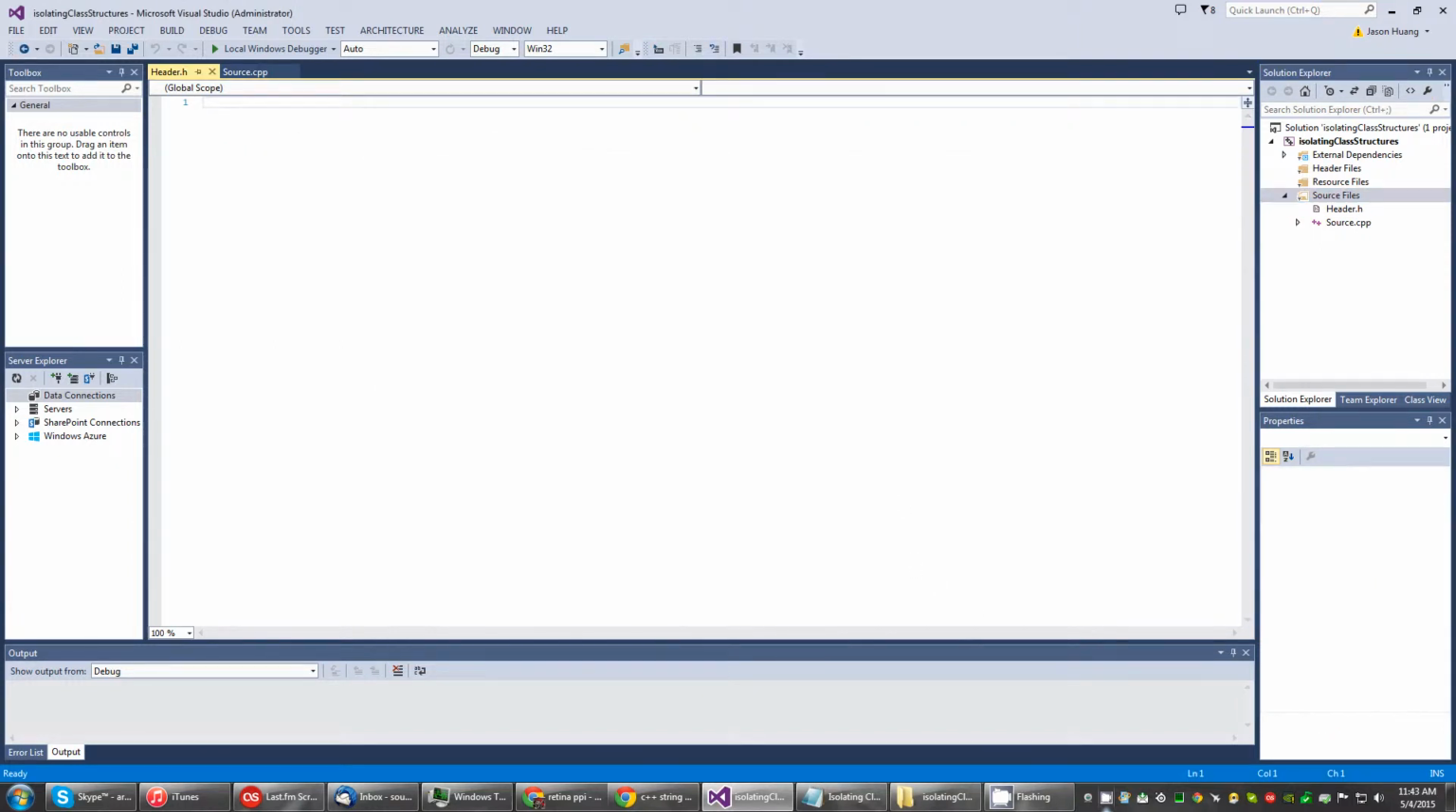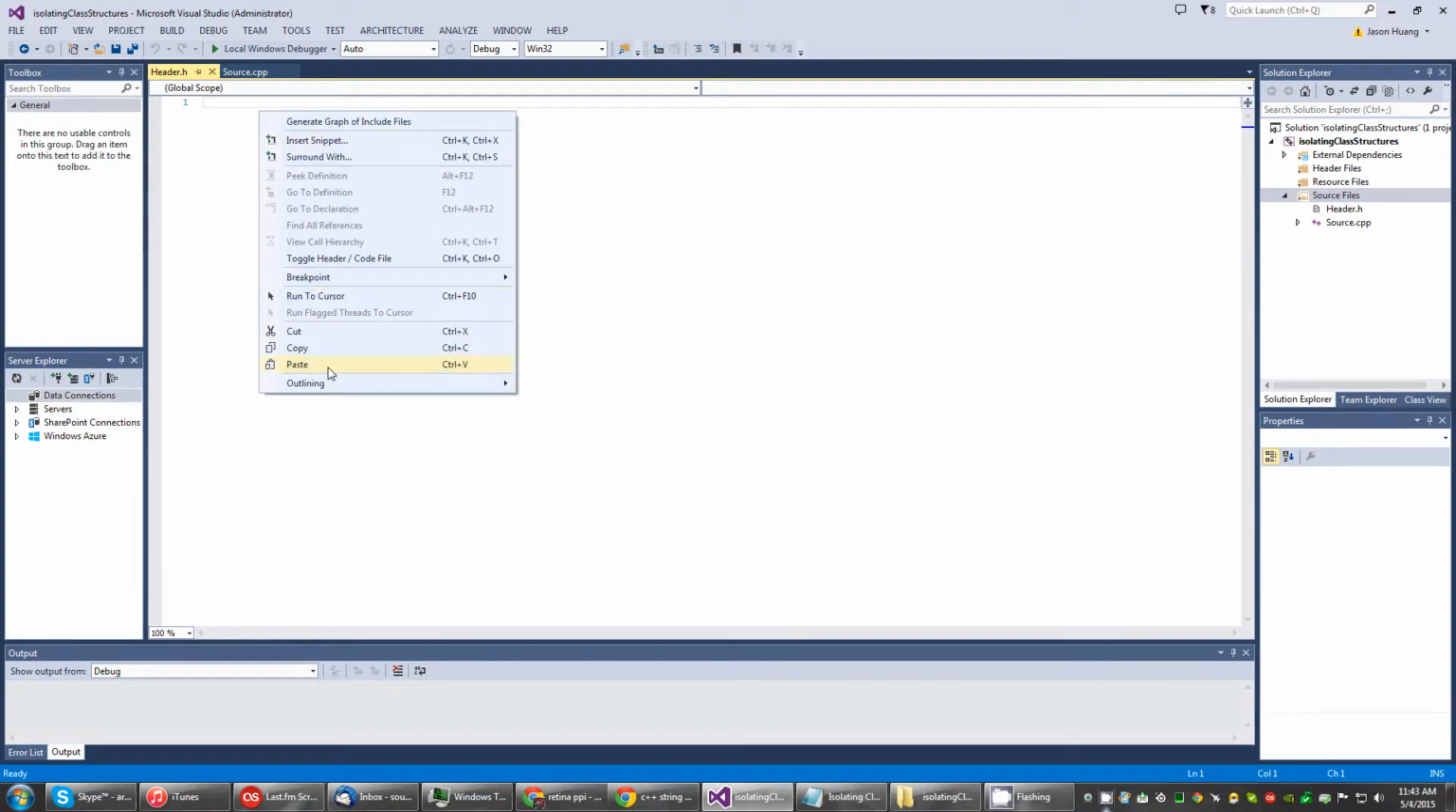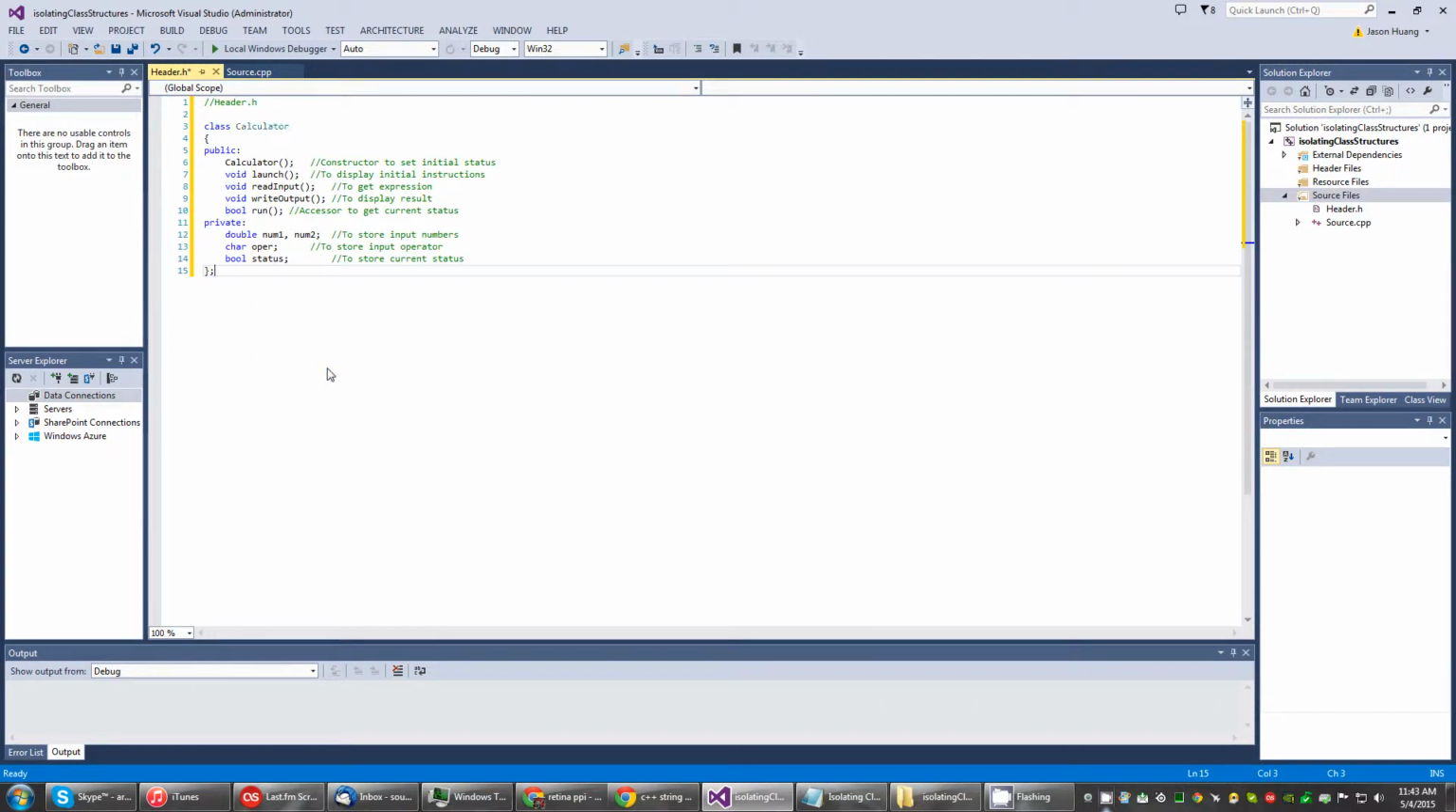Now, what I'm going to do in this header file is put this piece of code in here. So here it is. I put a class in here, as we know, and in this class I put in a public access specifier, and then I put the following in here. Calculator is going to be the constructor to set initial status. Then we're going to have launch to display, and these are all